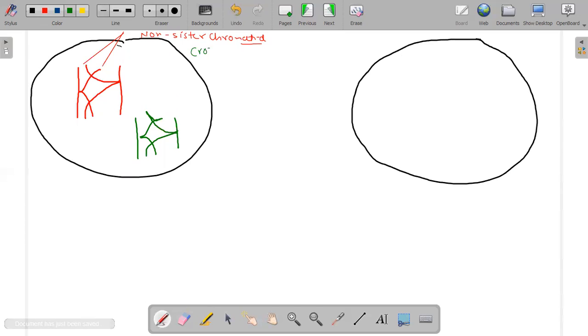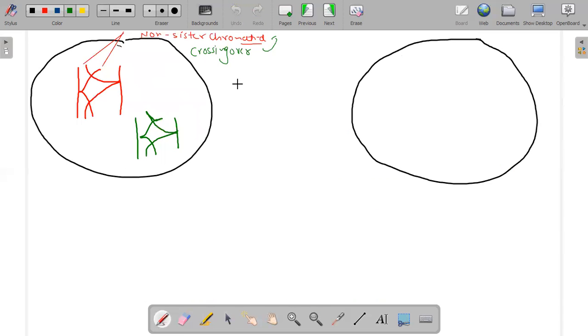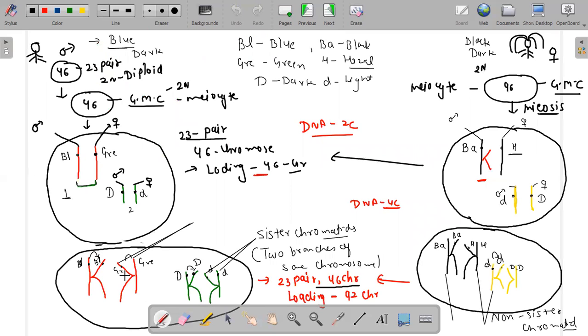This thing is known as crossing over. So crossing over takes place between two non-sister chromatids. They are chromatids of two homologous chromosomes. These two homologous chromosomes developed their branches, and these branches are known as sister chromatids for one chromosome. And non-sister chromatids, these are two non-sister chromatids, and crossing over always takes place between two non-sister chromatids. As they are doubling, the alleles are going in crossing over.